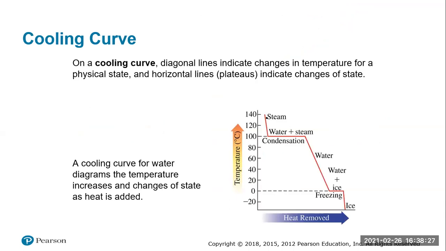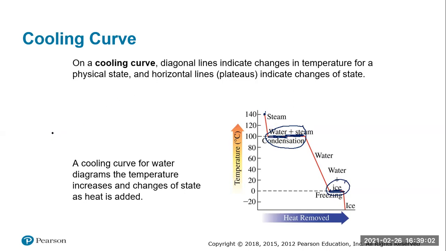A cooling curve is really just the opposite happening. We're actually removing heat and energy. So we're starting with the steam that's way high and coming down to our ice. And again, we're removing energy, exothermic in that process, but we see the same things. We see our 100 degrees Celsius line here, and we see our 0 degrees Celsius line. We also see the difference in the size of it. As we talked about, it takes a lot more energy to do that transition going from liquid to gas or gas to liquid than it does going from solid to liquid or liquid to solid.